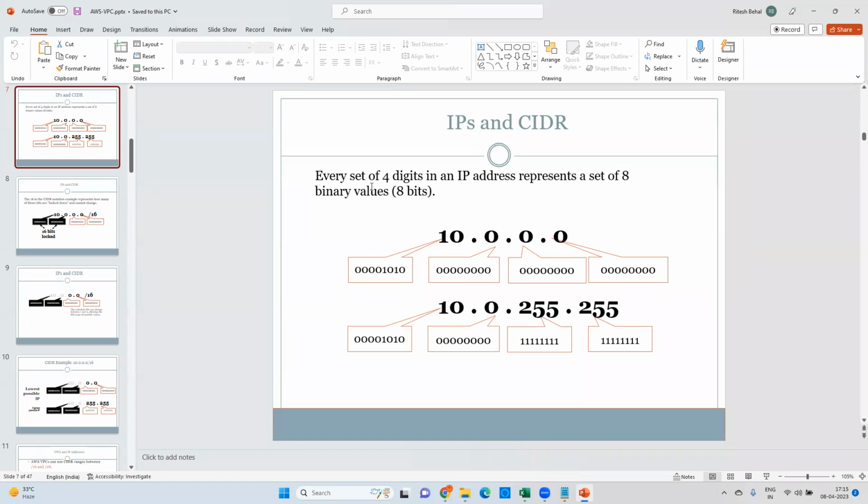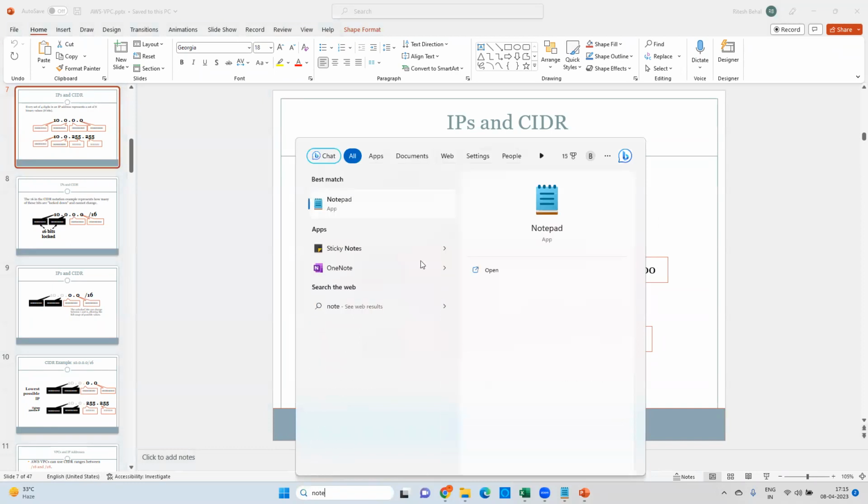10.0.0.0, there are 4 digits in an IP address, and each represents a set of 8 binary digits. When I'm writing 10, it means 00001010. So this will become 10. In total, it would become 10. If you go with this number, copy this number and go in reverse order,